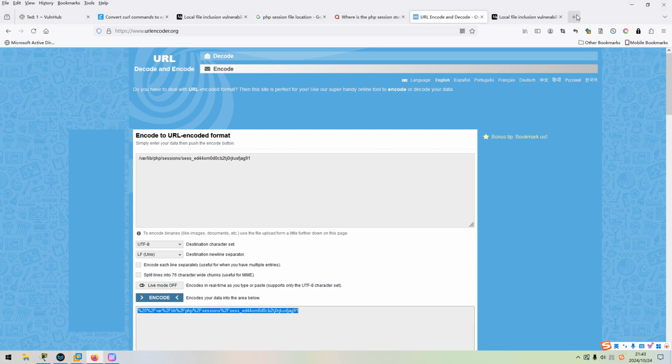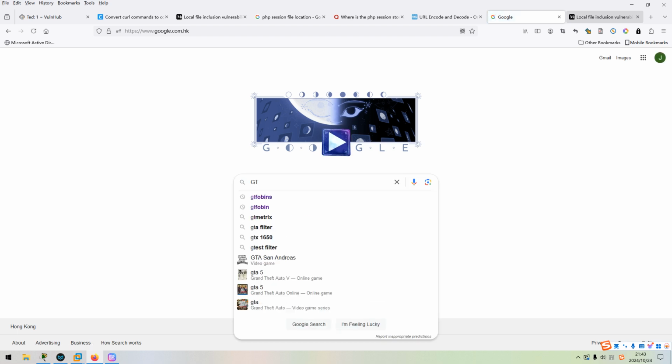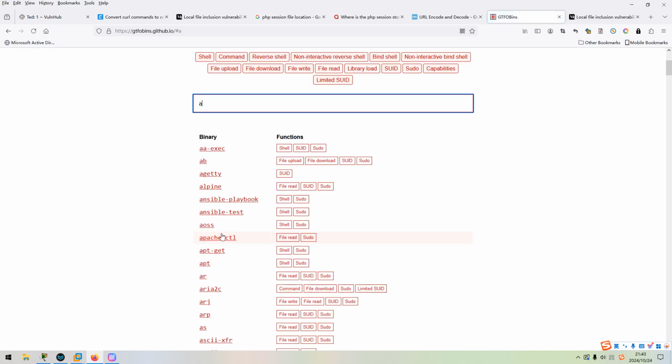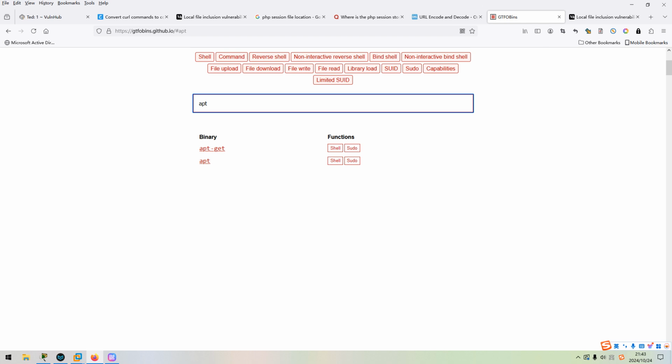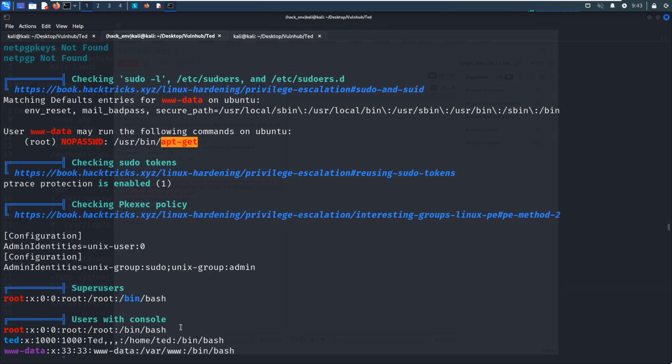We can go to the website of GTFOBins, apt, sudo. So there are 3 ways to execute this command to elevate privilege, but I'd like to take this one, which can work very well.